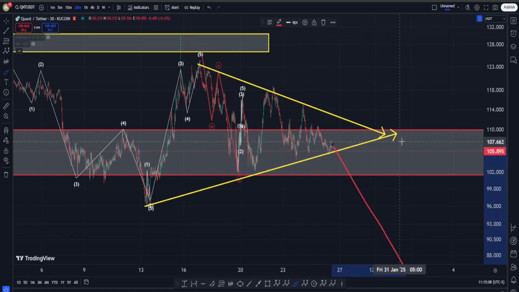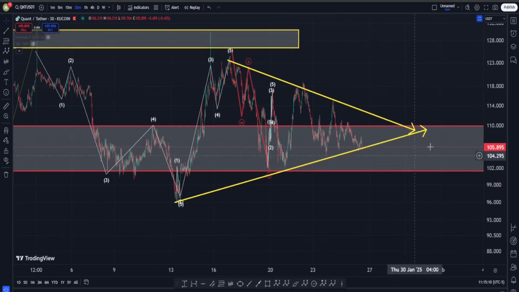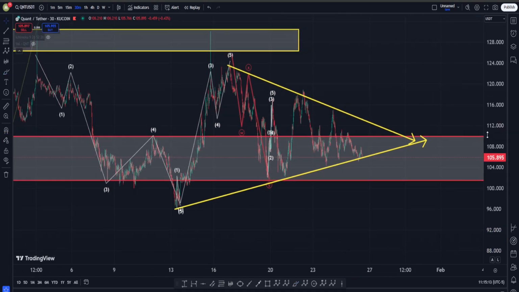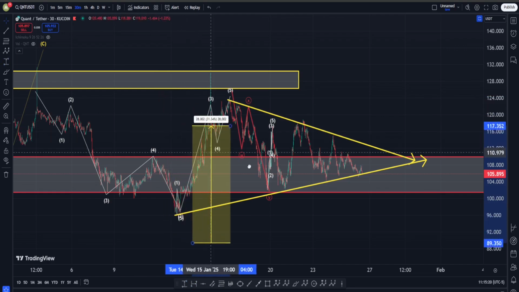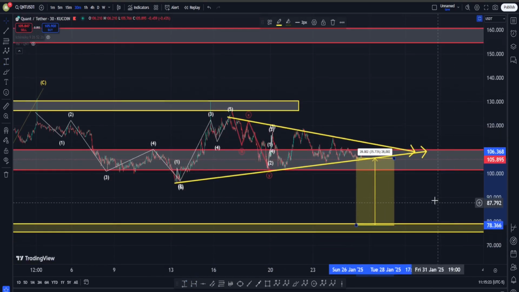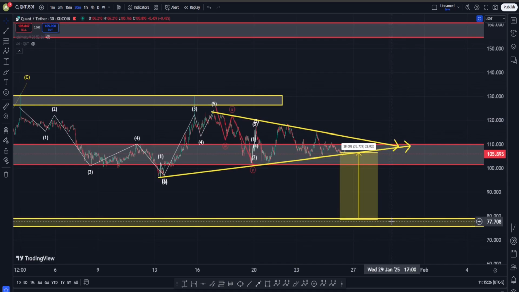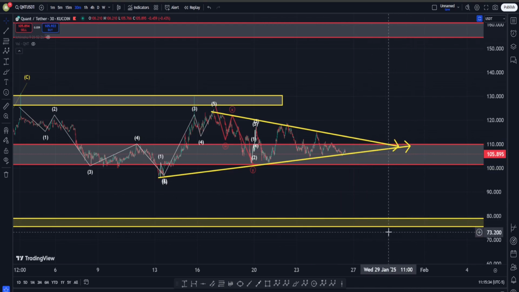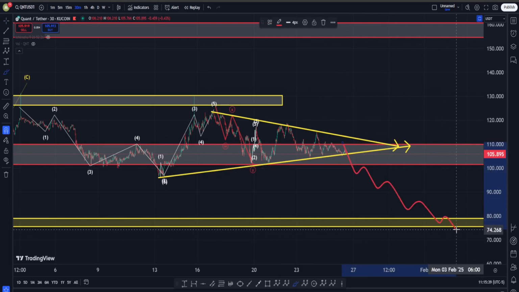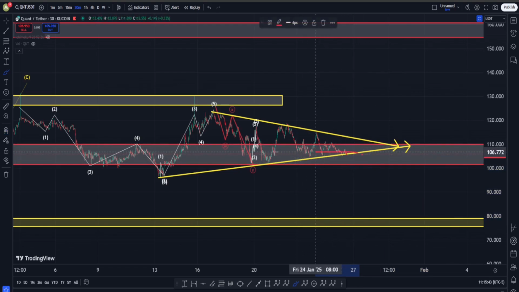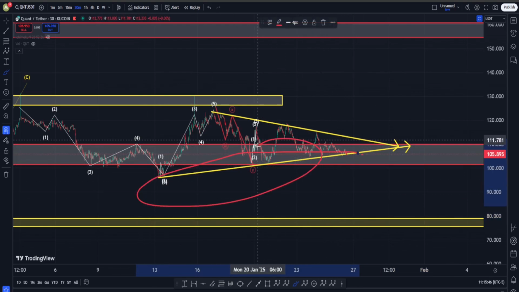Now, what if we do actually get a break of this thing? Well, at that point, in terms of the targets, first we need to put the chart on regular scale. There we go. Let's just measure the height of our pattern from here to about here and put it at our breaking point. Okay, so that will give us somewhere around a $77 QNT, which is at the same time actually around this very important support area. So it is actually possible for QNT to have a move on the downside and do something like this. But as long as we're not clearing the lows in here,